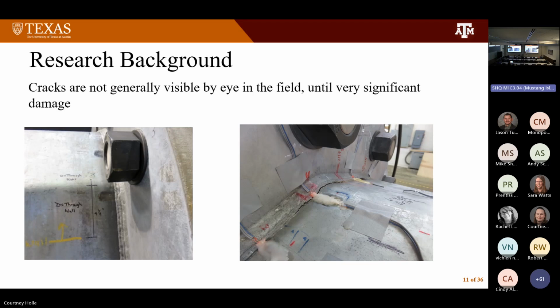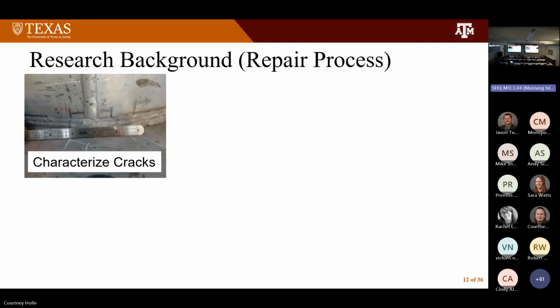But things have changed a little bit from the inspection techniques that were used. In the studies we did about 12 or 13 years ago, we took a pole out of service from El Paso and brought it into the laboratory and did a lot of testing. We also worked with a contractor from up in the DFW area that had done a lot of the field assessment on these. What we did in this case was characterize the cracks.